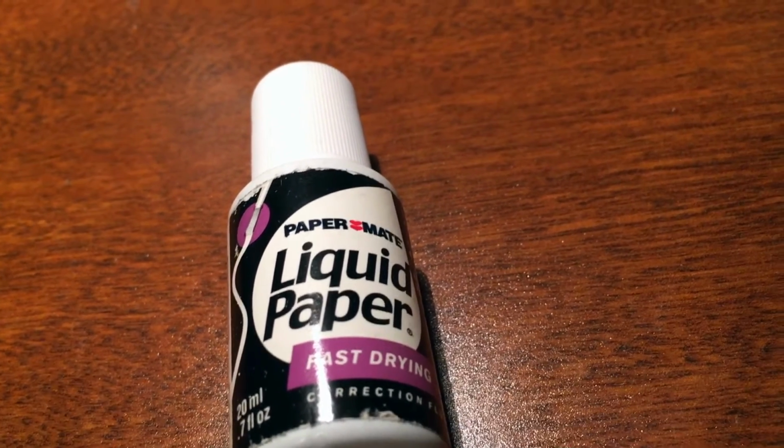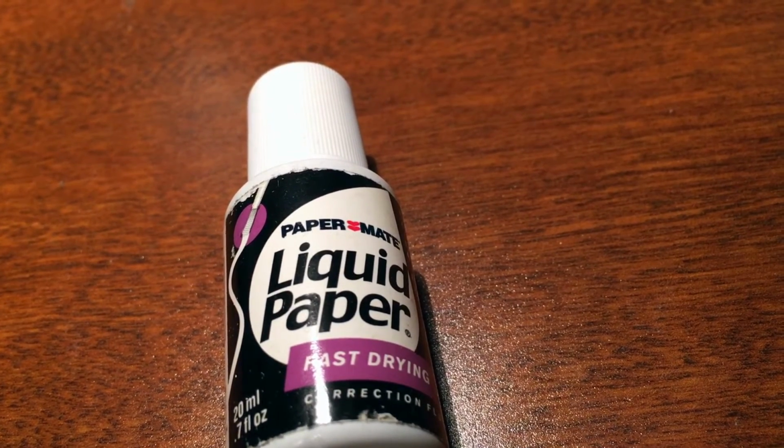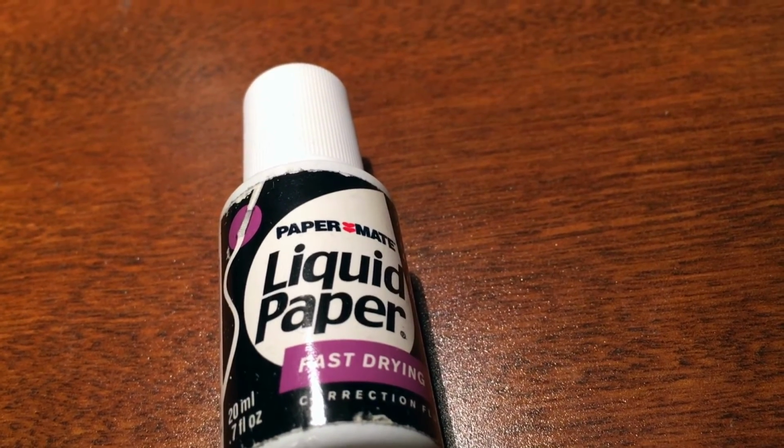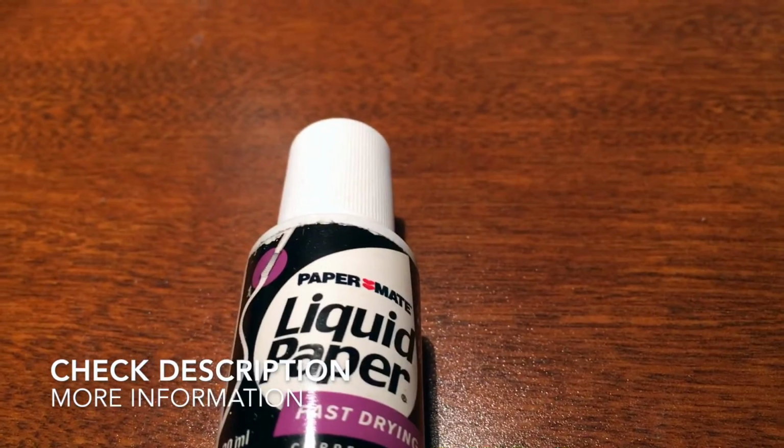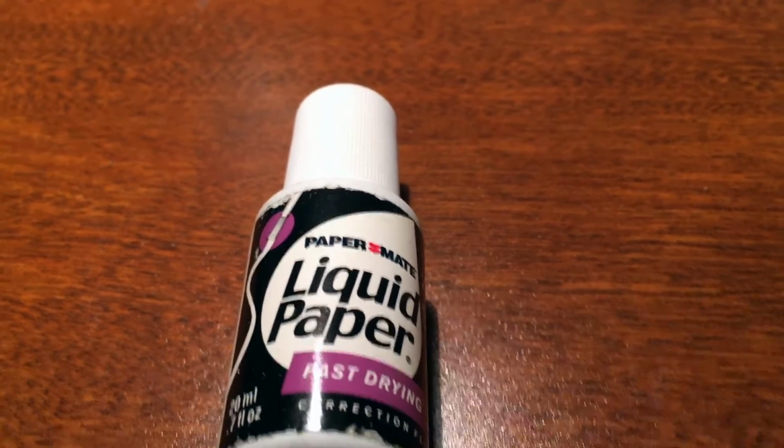It dries pretty fast too, guys. That's what I love too, and it blends really well. You just remember to shake before you use. That's always what I have to remember. But it's inexpensive, and you can find it on Amazon, your nearest Walmart or Target. And yeah,